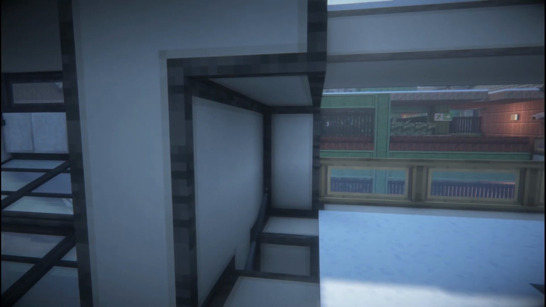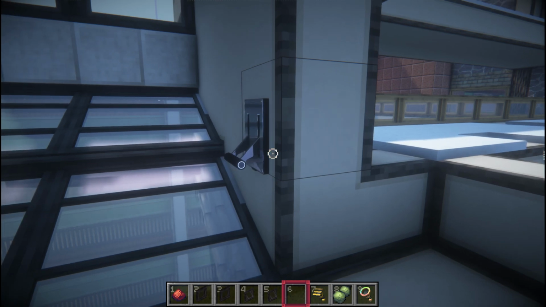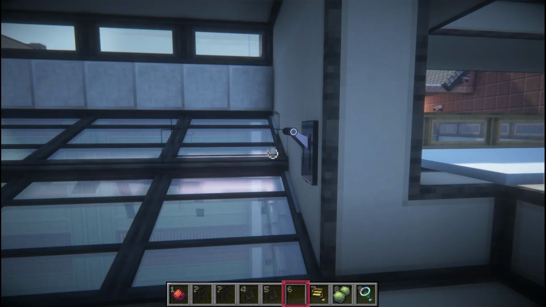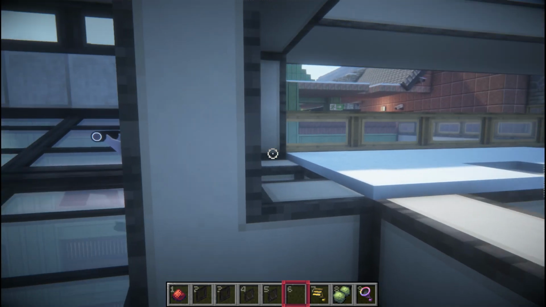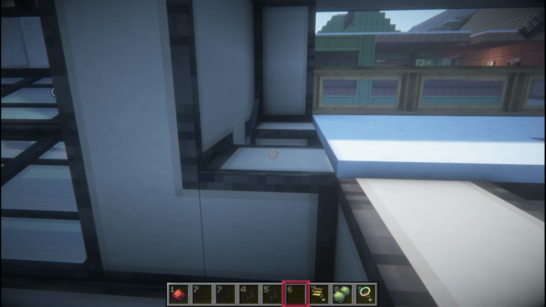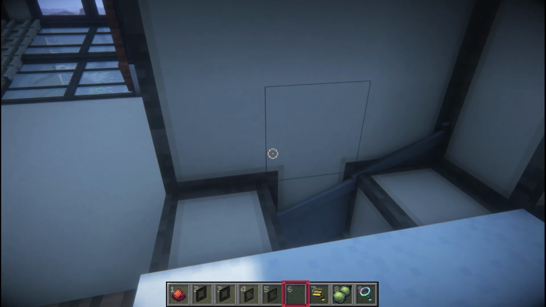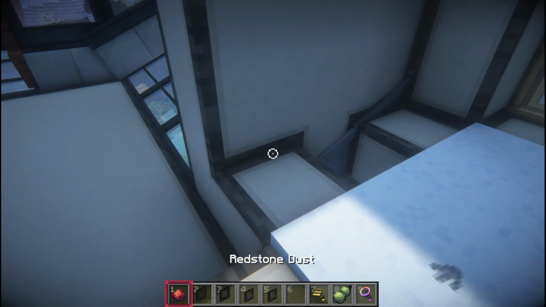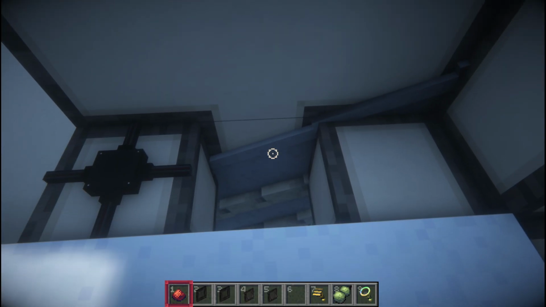So let me just show you what I've got so far. I got just a redstone lever. Let's turn this off. That's basically easy enough. You probably don't need help finding that or anything. Just place a redstone lever or anything that's a power source. It can be a daylight sensor, a rain sensor, anything like that. So basically, after the redstone lever, I'm going to put here a bit of redstone going up to